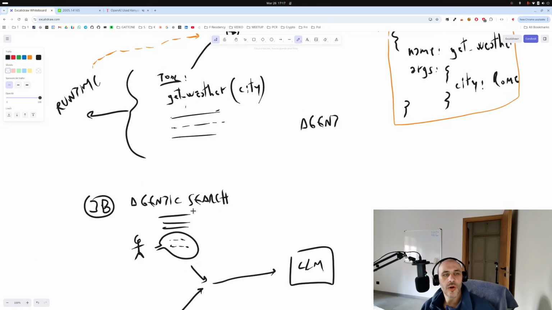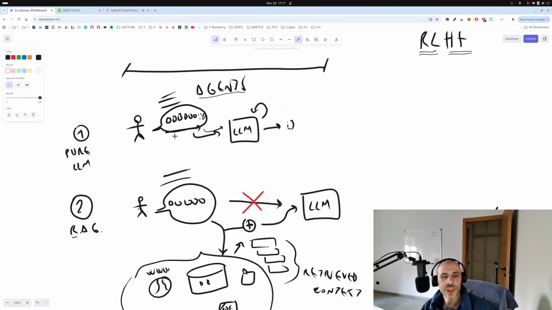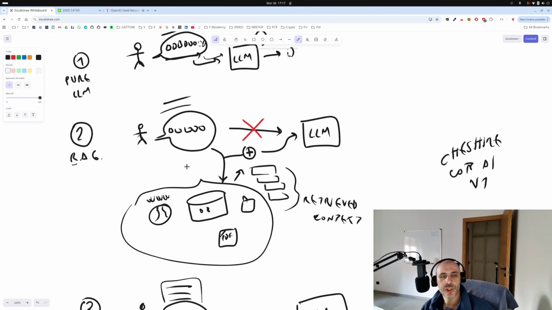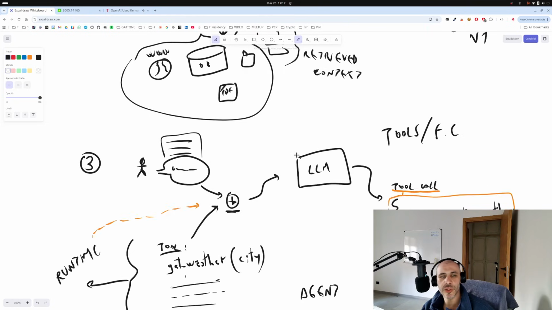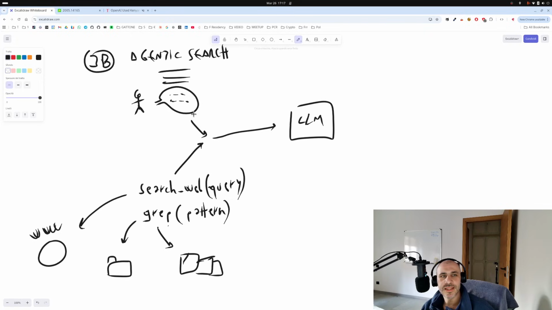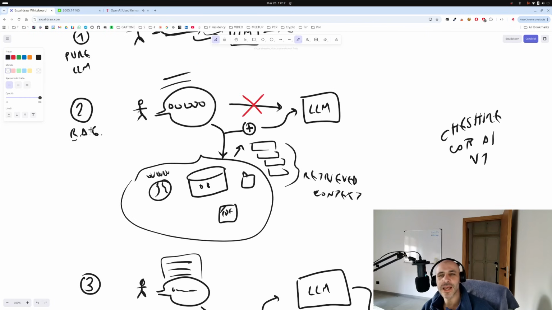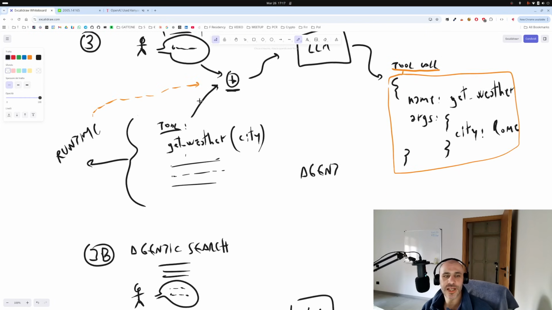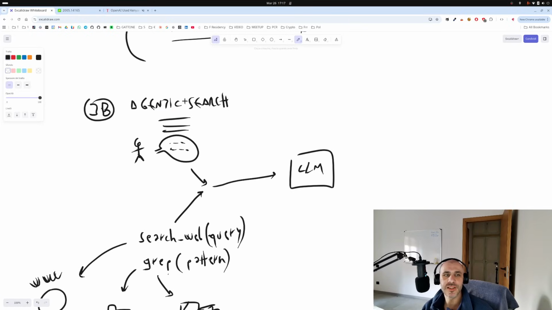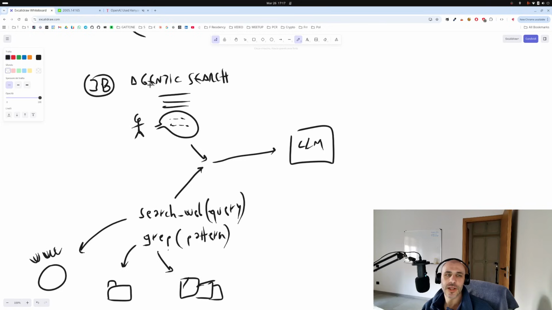So all of this, which in RAG, Retrieval Augmented Generation, was hard-coded as a step before passing stuff to the language model, started to be encapsulated inside tools for research. So the whole RAG became a subset of an agentic system. And this is now called agentic search. Now there are also agents that only do search in multi-agent systems, but whatever.